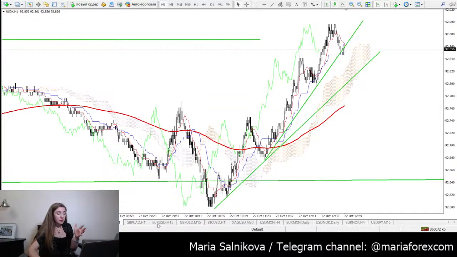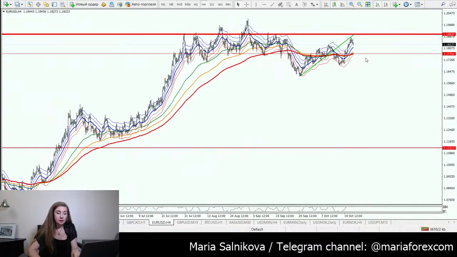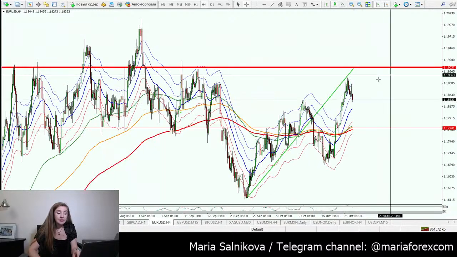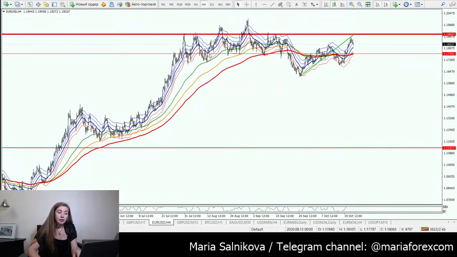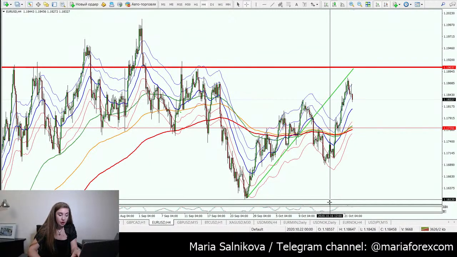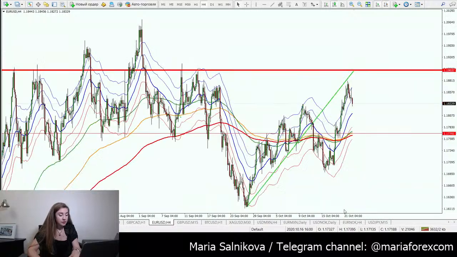Now we take our time and go to euro dollar. For euro dollar, I see a good resistance near 1.19. They still may go test this area. As you see, market is being in range. It's not in a trend. It's being in a range. What I use in a range is RSI period 14. Well, let's delete this one. Let's delete and let's add indicator oscillator RSI